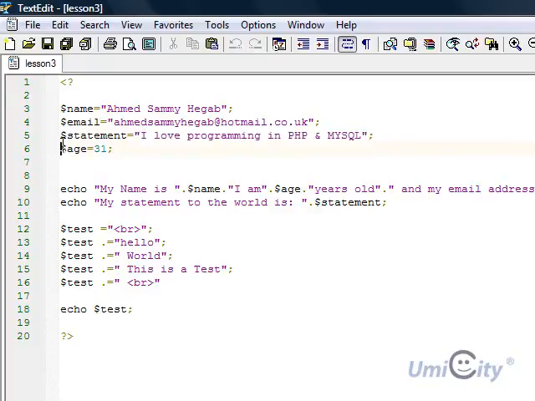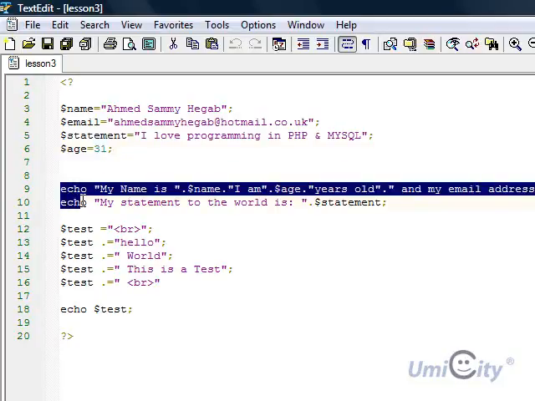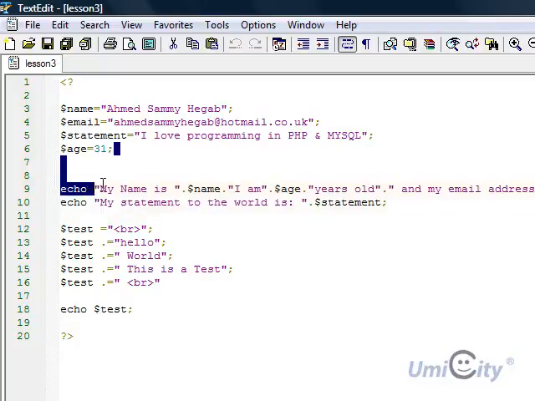And then I've created another variable. This time I've assigned it the value 31, which is my age, getting old, and I've created a couple of echo lines here. The first one, I put in double quotes my name is, which is just a string that we've placed here, a bit of text, and we've put the full stop, which is the symbol for concatenation, and